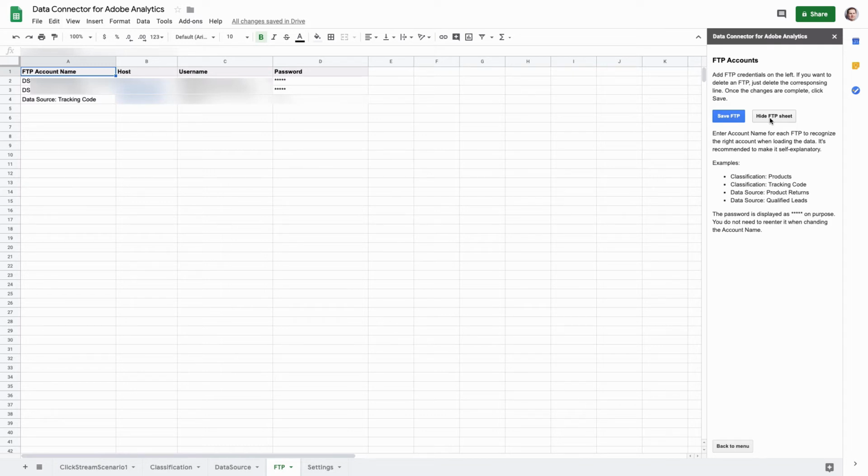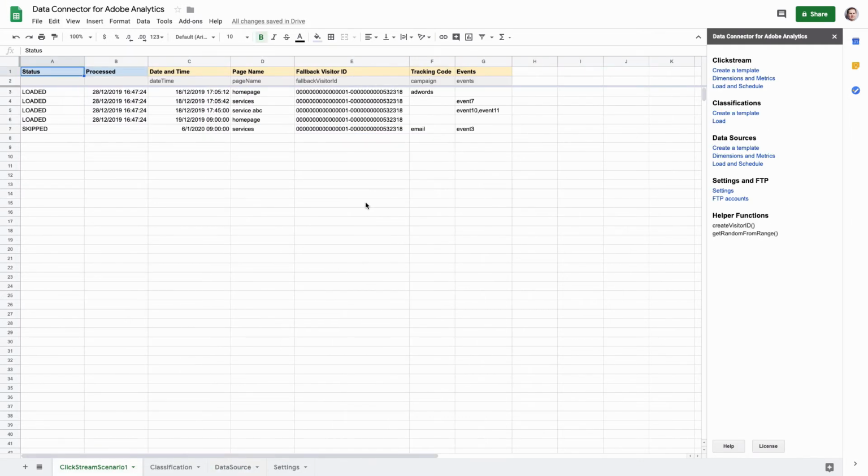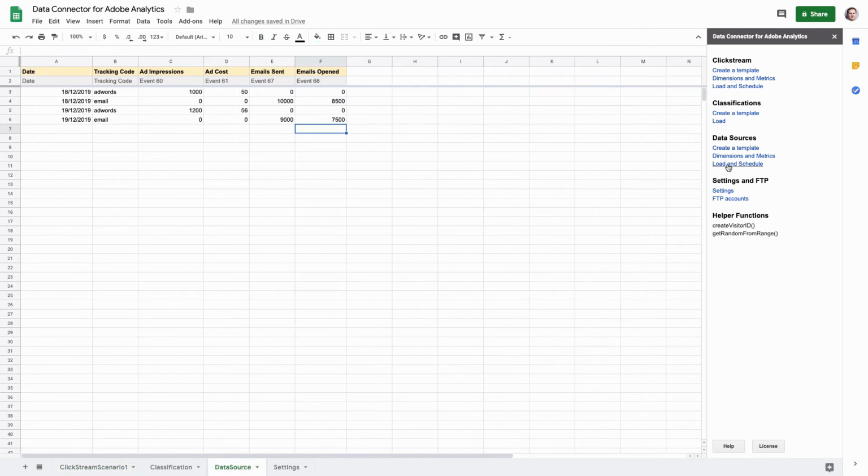And this is again a good idea for security reasons, especially if you want to share this with your colleagues, so that nobody will see the real passwords. All right, so once the FTP is set up, what we need to do is to go to Load and